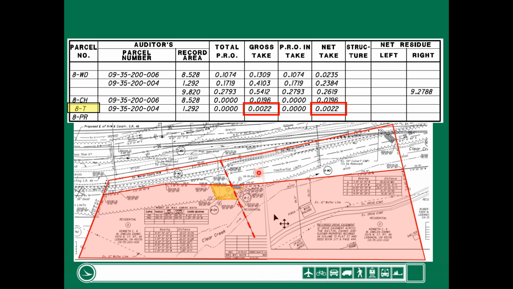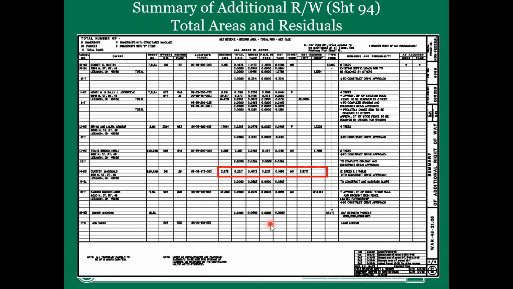I'm not going to get into that today, but I will say that there's no physical acquisition. It's a right that the property owner had. And really on this plan, if you look closely, there's a driveway easement that goes across 3 different properties. In order to access parcel 8, they have to go over 2 parcels to get back here. Well, parcel owner 8 has an easement with these guys, and we had to acquire a property right because it's a right they had. We were eliminating it. That's what PR is, property right. Great question though. And thank you for asking, because I actually meant to cover that and I totally forgot.